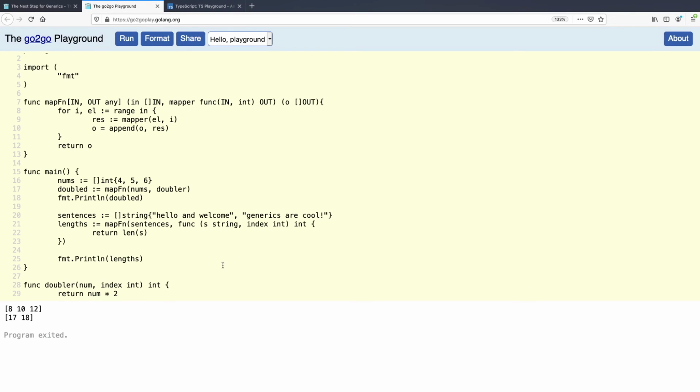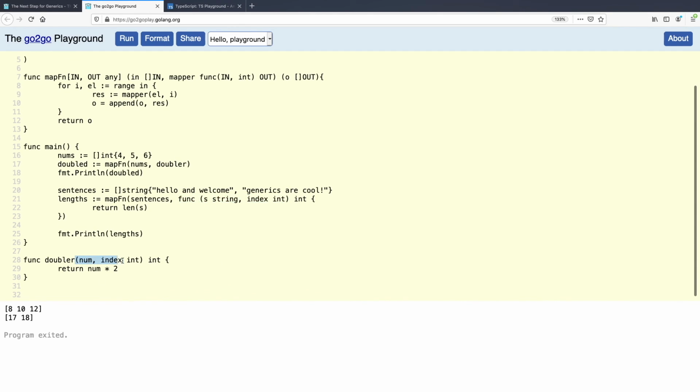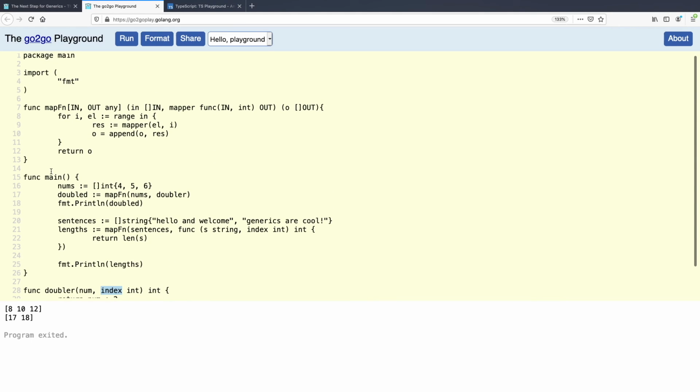So just to demonstrate how idiomatic this is, even for a JavaScript programmer, how nice this is that we can pass in a function of very different types, accepting integers or accepting strings, into this generic map function and get the result that we want.